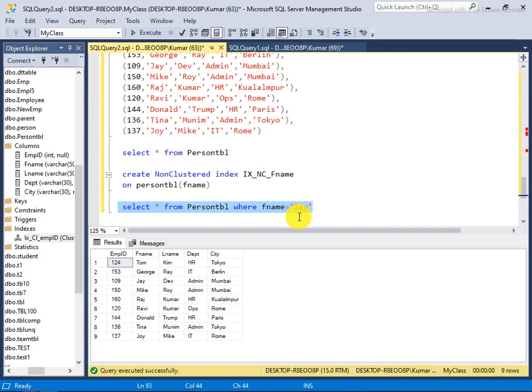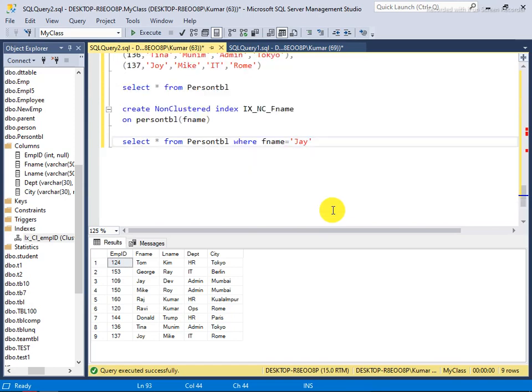Okay, so you can make a clustered index and a non-clustered index on the same table using different columns or the same column. It's not any kind of violation. So I showed you how you can make a clustered index and a non-clustered index.